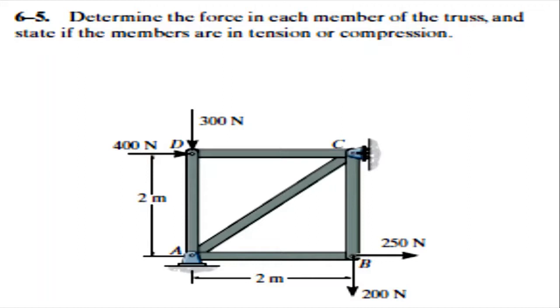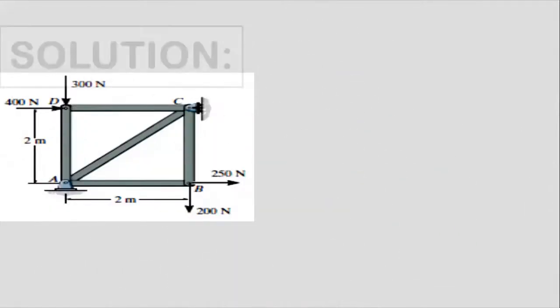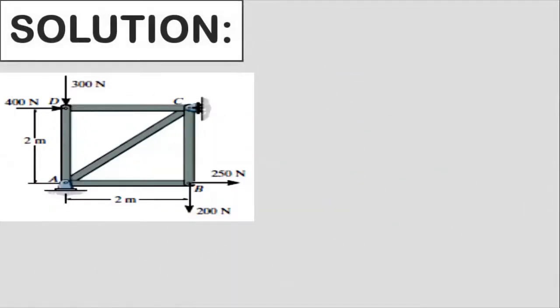This is also a numerical from the book Engineering Mechanics by R.C. Hibbeler. So let's start, and we will discuss how we can solve this numerical step by step. I am moving towards the solution. This is a hinge support, so there come two support reactions, AX and AY, meaning the horizontal component and the vertical component. At joint C we get a reaction, but it lies along the horizontal axis, so it will be the horizontal one.